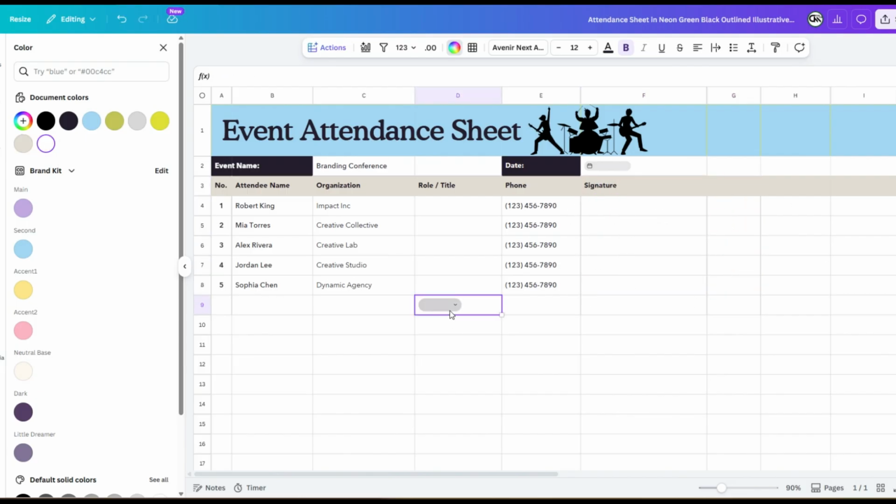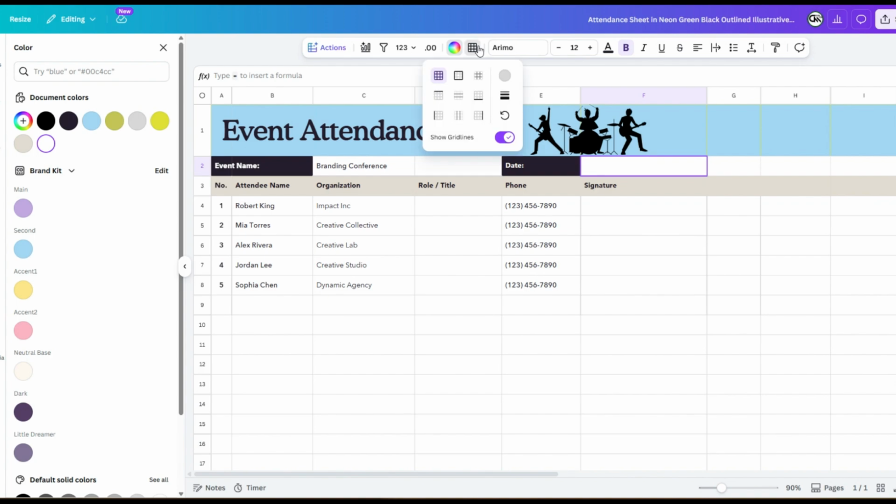To set the date, I'll click on the Date field and select the correct day from the calendar pop-up. Finally, I'll use the top toolbar to adjust the border weight of the cells, giving the grid a cleaner and more professional look. And just like